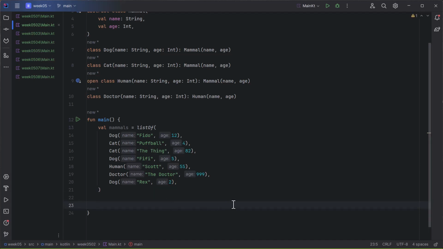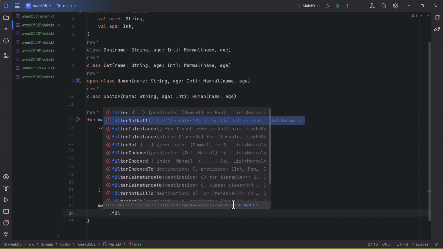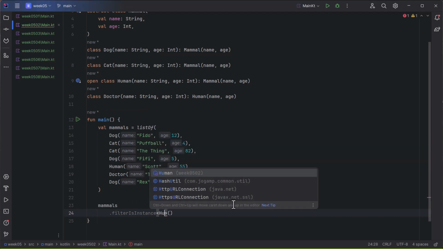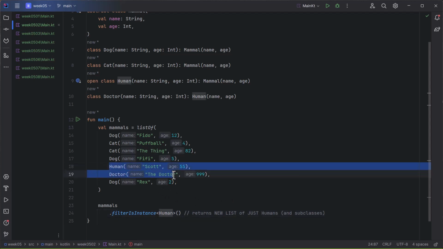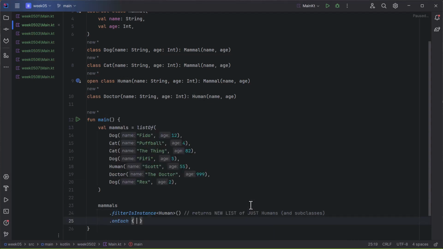Let's say that we only want to take a look at humans in a list. I could say mammals.filter. What is it? filterIsInstance. That's the one I want. filterIsInstance<Human>, just like that. And what this does is return a new list of just humans and subclasses. So that'll give us the human and the doctor in the list because those are the only two that match that. isInstance is going to check for exact matches as well as things that are subclasses. And then for that, I can say on each of those, let's go ahead and println